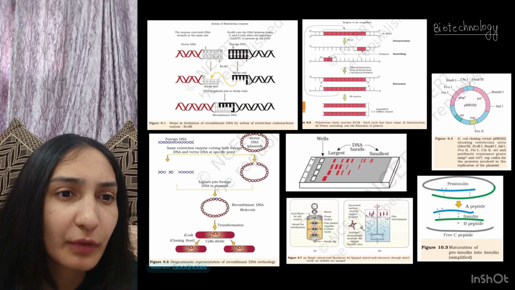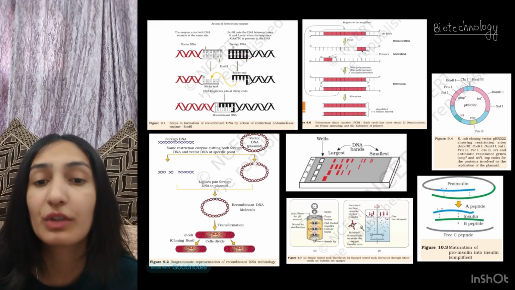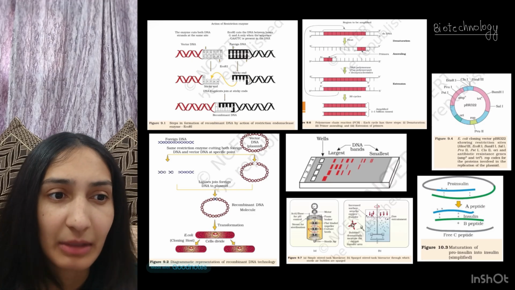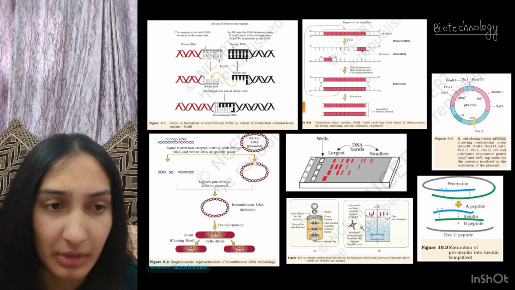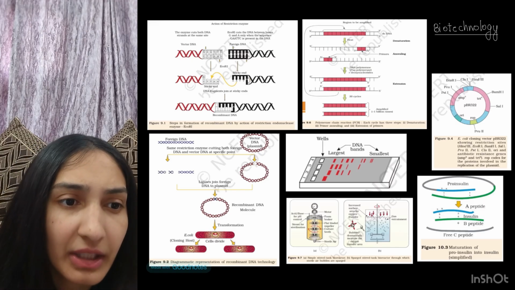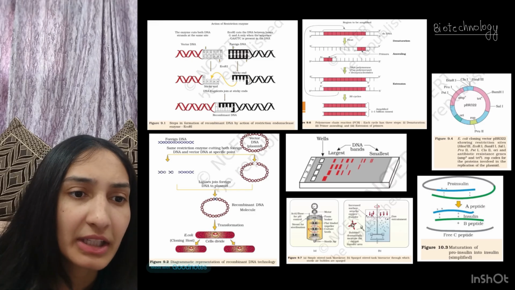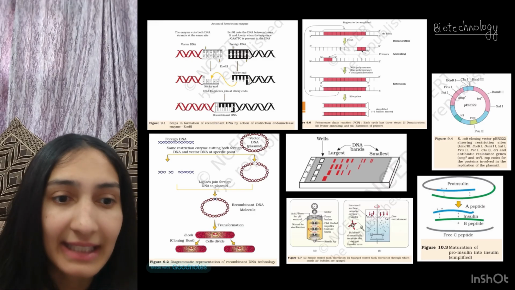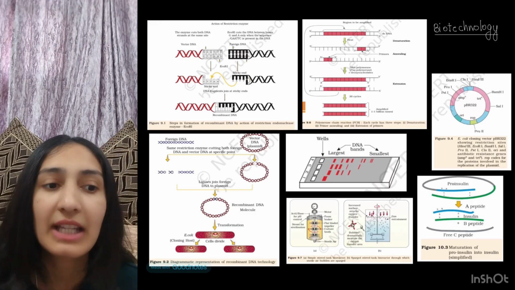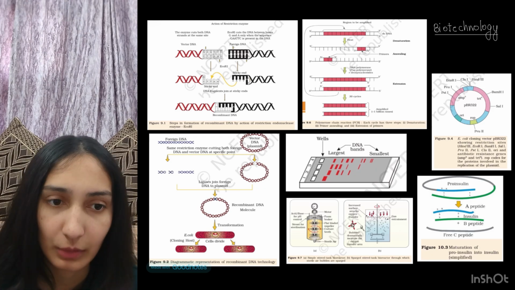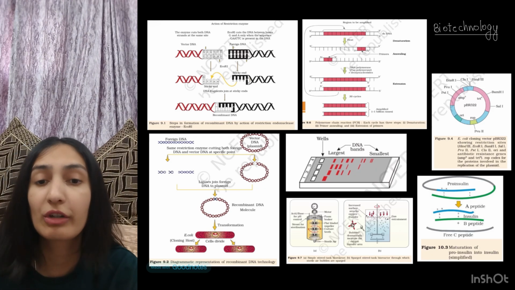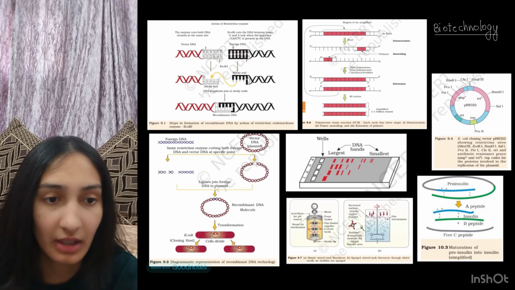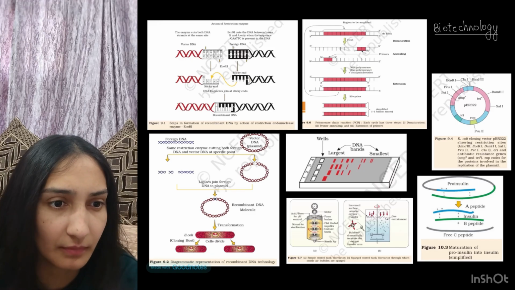So first of all, you can see this is the region that we have selected which needs to be amplified. Then we will give it some heat. Then there will be annealing done where we will put the primers. Then with the help of DNA polymerase, that is Taq polymerase plus deoxynucleotides, we will extend them. Then after 30 cycles this will be amplified. And you should also know the uses of PCR, why they are used and what their functions are.